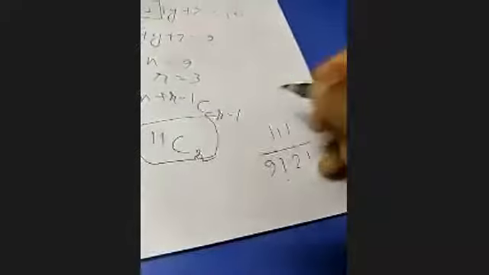And how to find the value of 11C2? 11 factorial by 9 factorial, 2 factorial, that is 11 into 10 by 2, that is 55. So 55 integral solutions exist for x plus y plus z equal to 10 with x greater than or equal to 1 and y and z greater than or equal to 0. I think this was not hard, but it needed a bit of thinking. Now, using this same concept, try to do another problem.